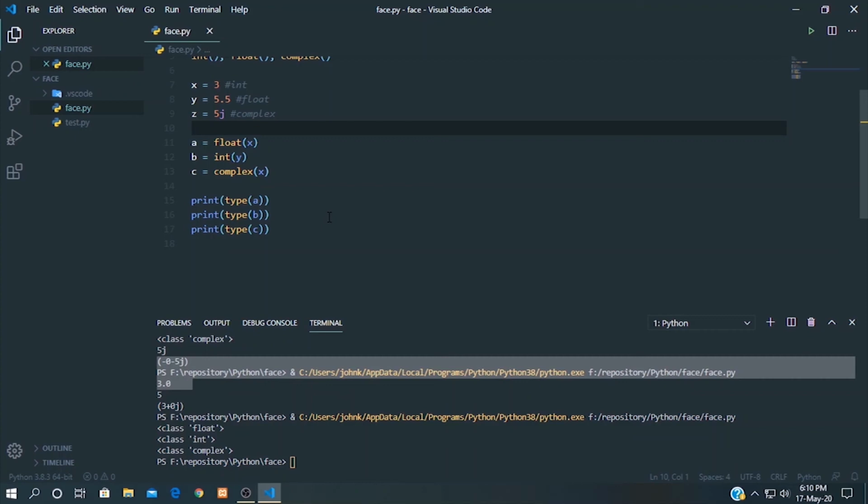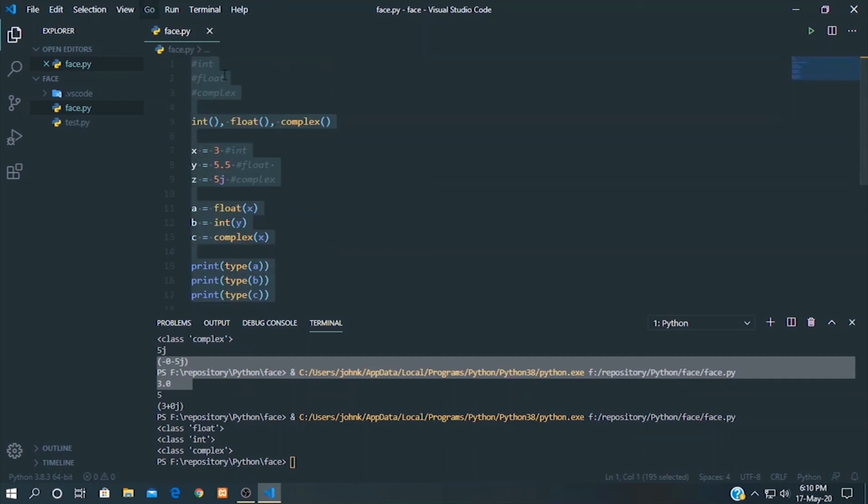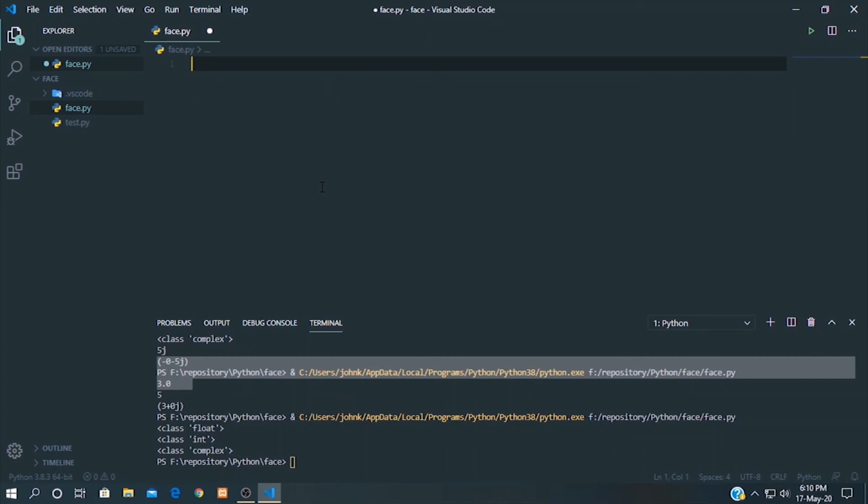Random number. Python does not have a random function to make a random number, but Python has a built-in module called random that can be used to make random numbers. So let's import the random module and display a random number between 1 and 9.